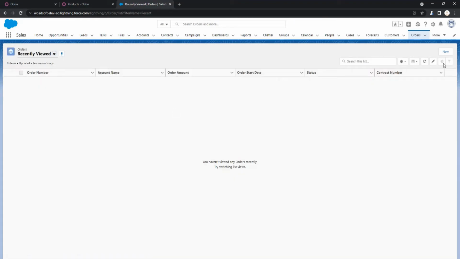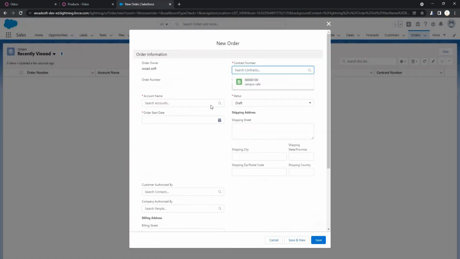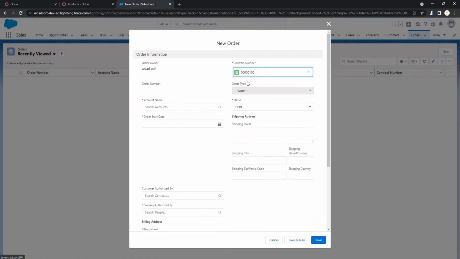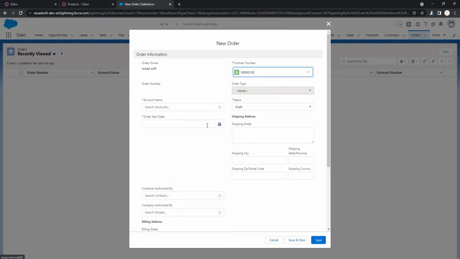Okay, so I just create a new one. And I add some of the dummy information for the demonstration purpose.